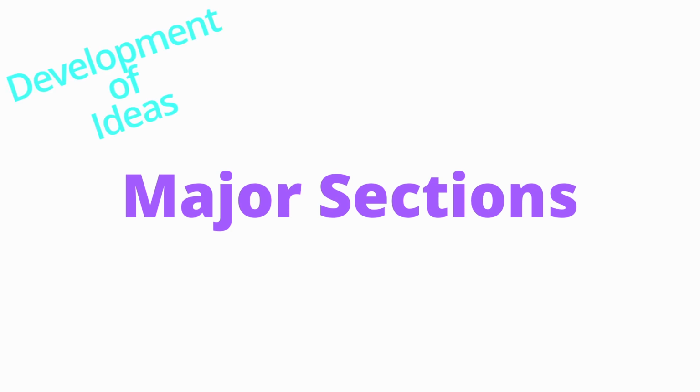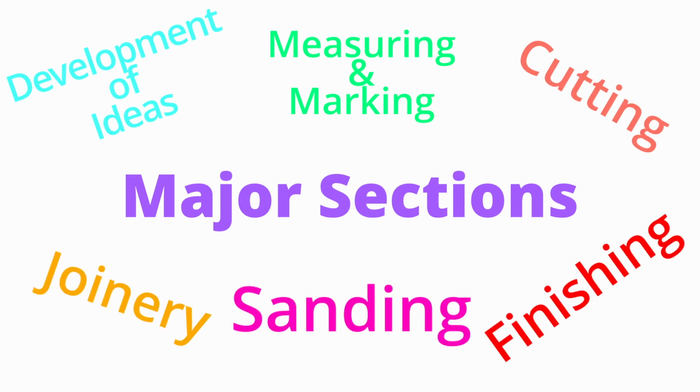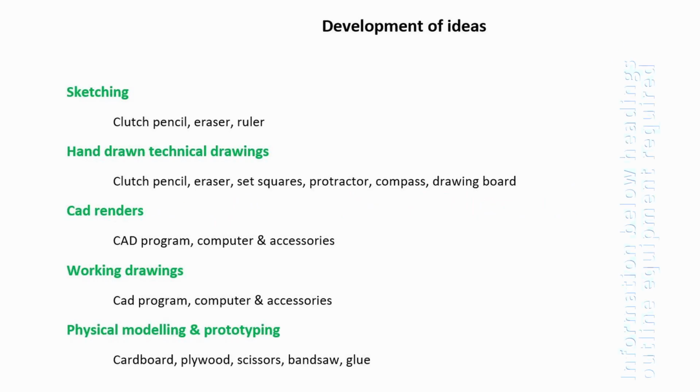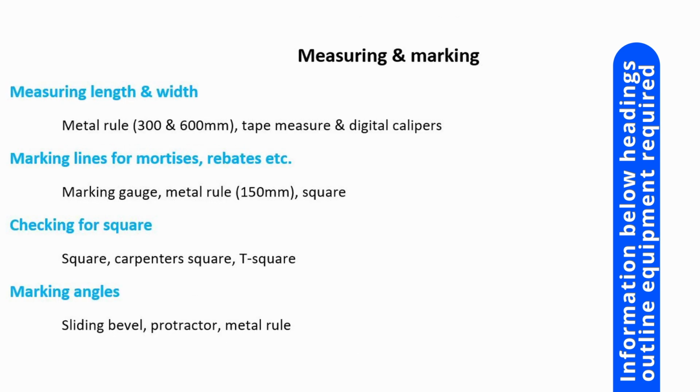This part of folio can actually be broken up into 6 different tables. These tables are development of ideas, measuring and marking, cutting, joinery, sanding, and finishing. Now, under each one of those sections, it's further broken down into its basic areas. For example, for development of ideas, you have sketching, hand-drawn technical drawings, CAD renders, working drawings, and physical modeling and prototyping. Under measuring and marking, you have measuring length and width, marking lines for mortises, rebates, etc., checking for square,